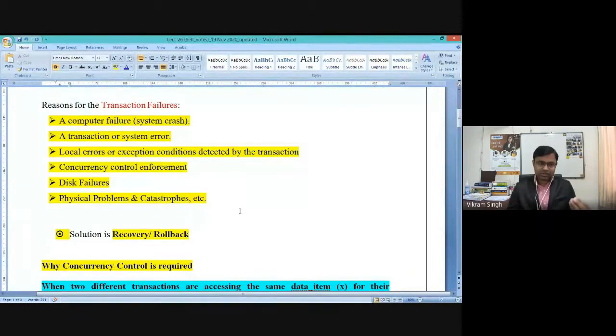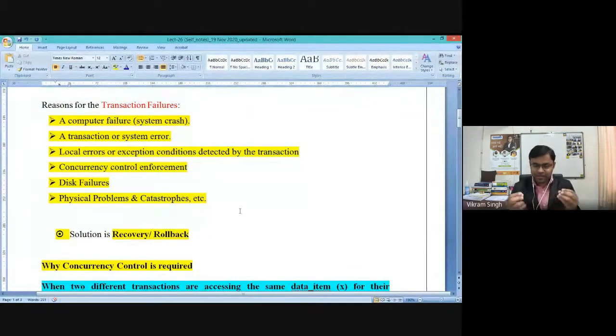The first user is also trying to write something. The first user also wants to modify the data item X, the data value X, and concurrently the second user is also trying to modify the value. So it is a write conflict, because both transactions, both users, are trying to update or manipulate the data value of X, right? It might be happening at the same time, or very close to each other.